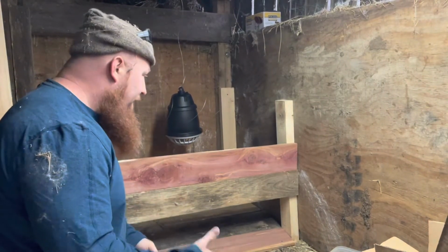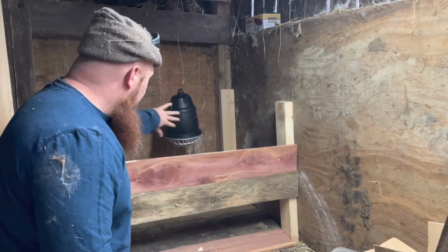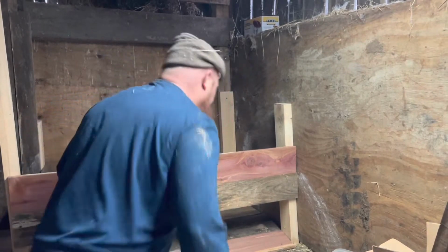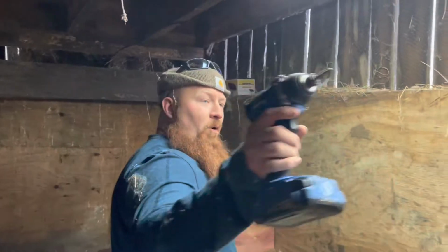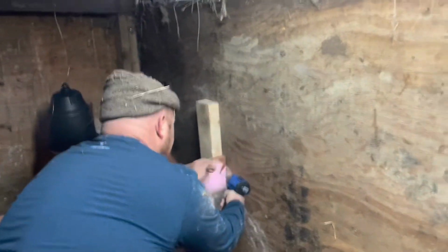Those lamps put out heat, but it's not as much heat as you think. So we want to make this high enough that breezes aren't coming in and blowing that heat or causing any kind of interruption with the heat. So we'll do one more board tomorrow, and we'll also do 2 boards around the top to kind of block more of that draft off. Since this is a big room,